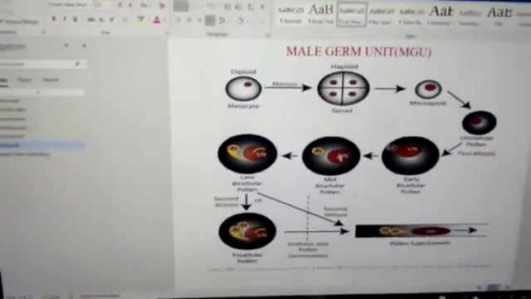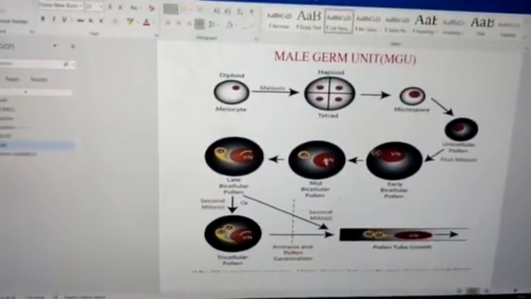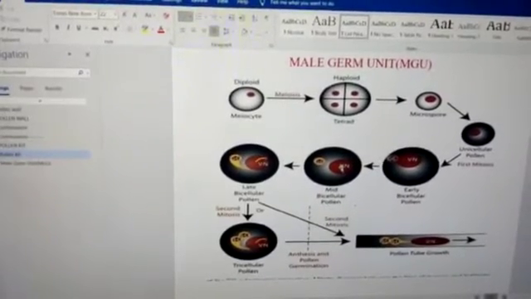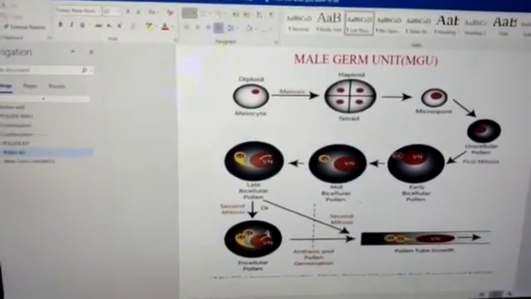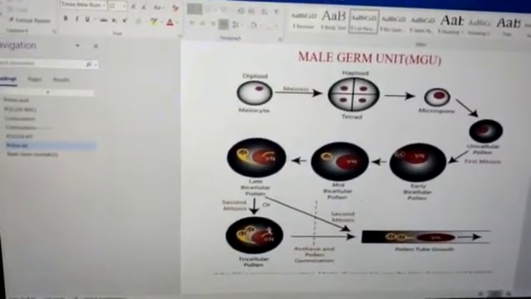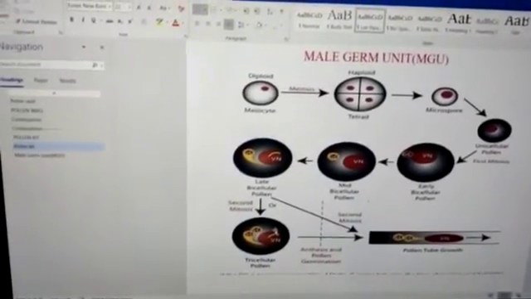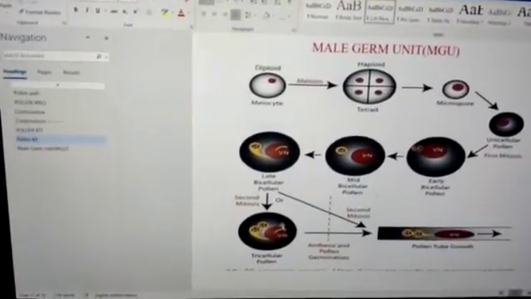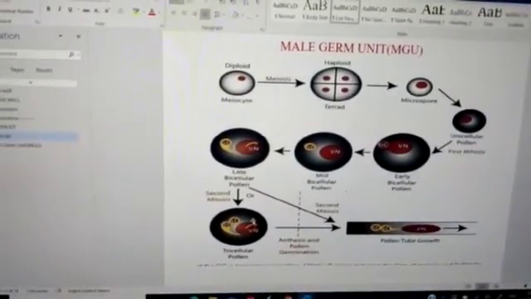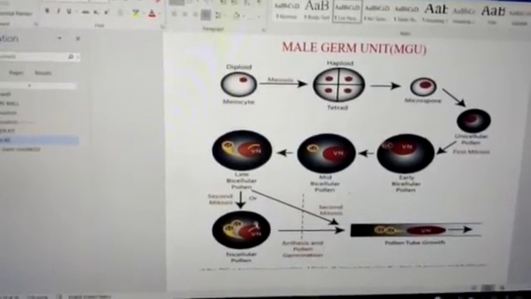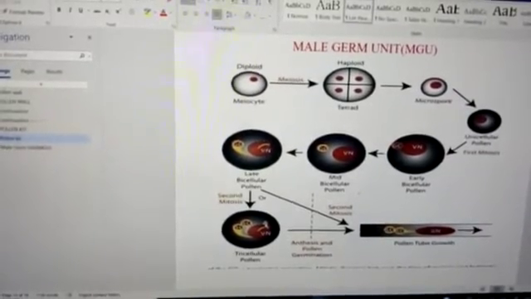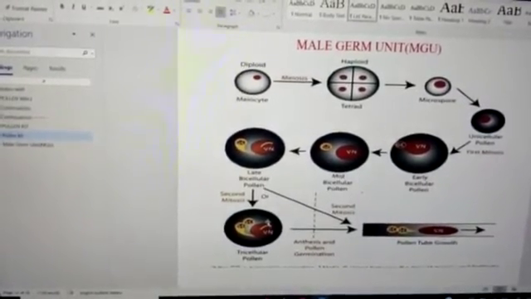But in most of the 60 to 70% of angiospermic families, it is dispersed, or shed off from the parental plant, at a three-celled stage. This means the generative cell divides into two male gametes. In this way, a total of 3 cells are formed. At the three-celled stage, the pollen grain leaves the mother plant, or is shed off from the anthers, and then reaches the stigmatic surface.